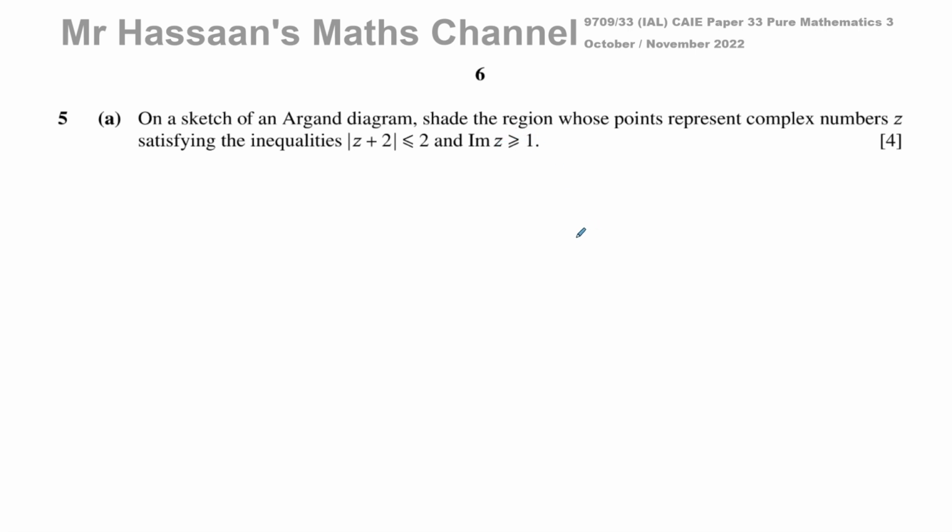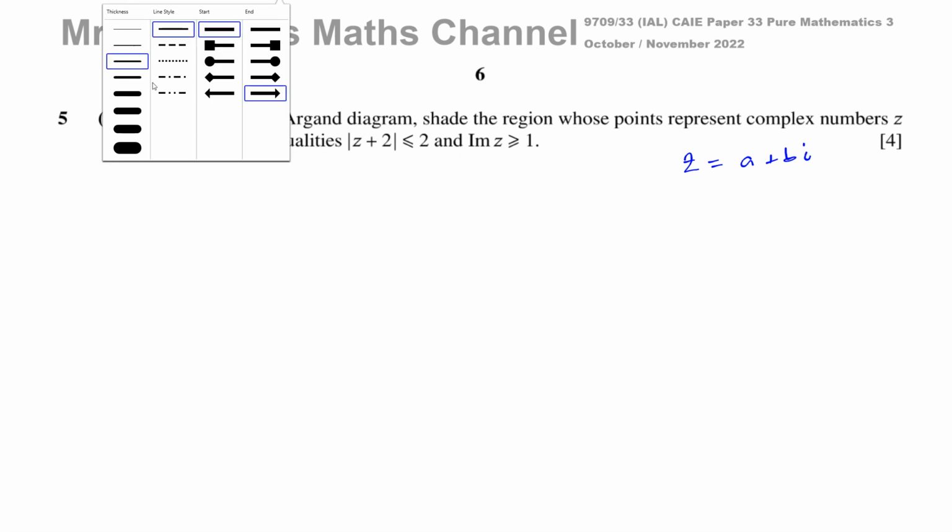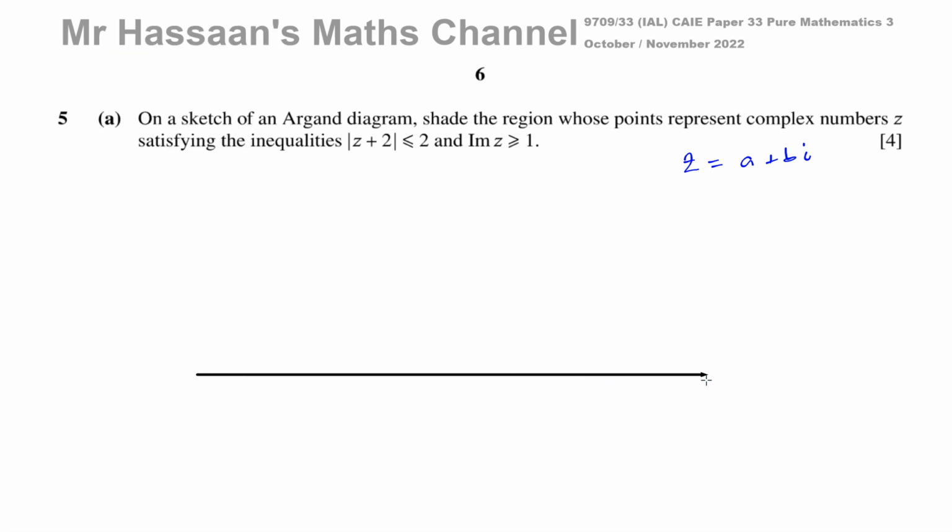Okay, so Z is a complex number, and we know that Z is equal to A plus B I. A complex number is made up of a part which is real and a part which is imaginary. And we can illustrate a complex number on what's called an Argand diagram, which is made up of a horizontal and a vertical axis. The horizontal axis is for the real part of the complex number, and the vertical axis is for the imaginary part of the